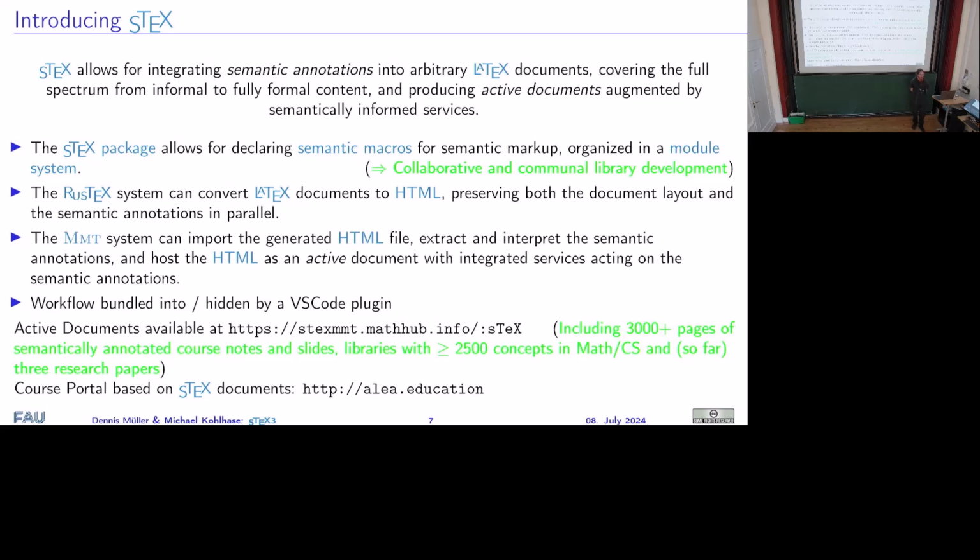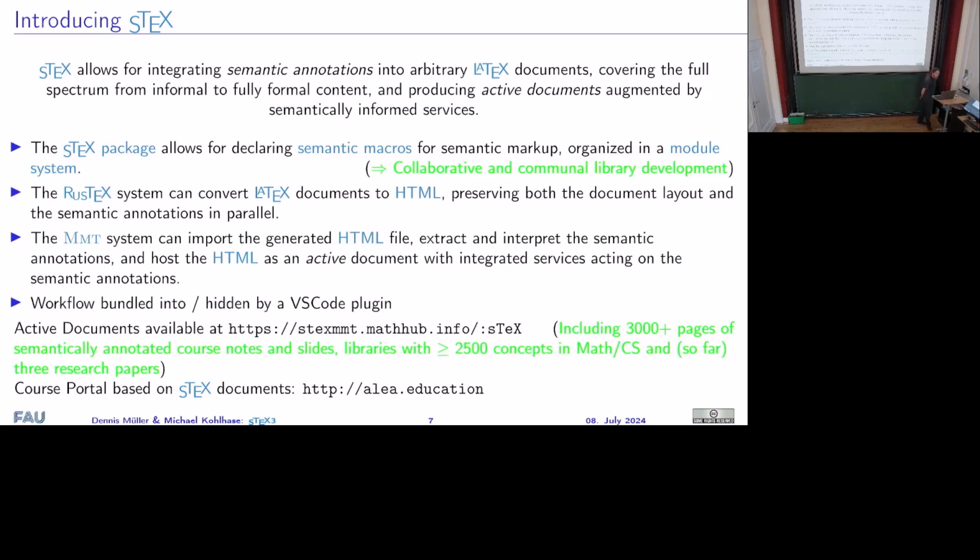Alternatively, what you can do is you can run the RusTeX software over the whole thing that will generate HTML. For that reason, we wrote our own TeX to HTML translator for convoluted reasons I probably don't necessarily have to go into. Which then preserves both the way that your document is actually supposed to look like and all of the semantic annotations. And if you have the semantic annotations in HTML, then you can throw JavaScript at it and let it do things, whatever that is you want it to do.